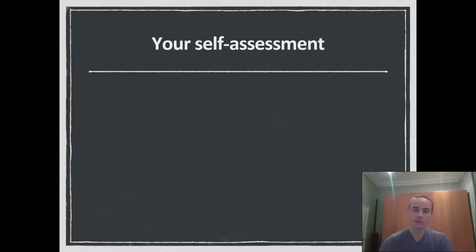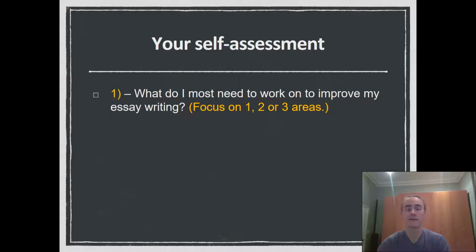So during your self-assessment, this is going to be your task on the blog. Really, I'm just asking you two questions. So firstly, having reread your piece, having watched some of the general feedback to the group, what do you think you most need to work on to improve your essay writing? Focusing, I think, on some specific areas, certainly no more than 3 things to work on. Really, how could your assessed work be better?